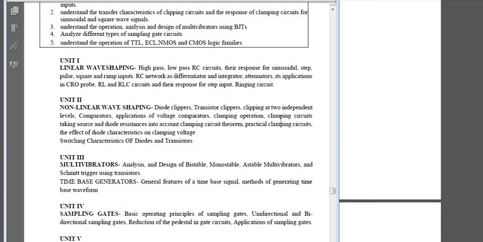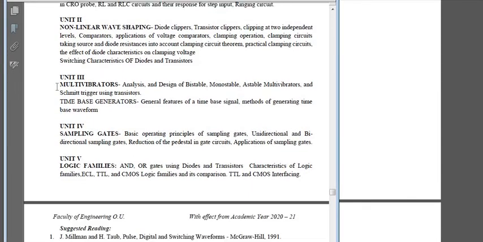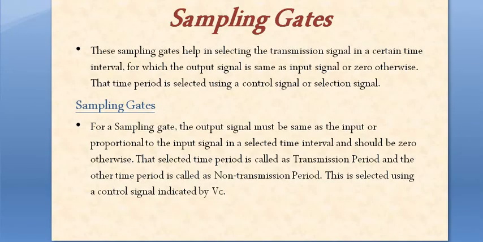Then we have seen the clamping operations and the clamping circuits that use the diode characteristics, and we have also covered the clamping circuit theorem. So now we will be moving to our next chapter. Here we have the third chapter, multivibrators. It's very important. So before moving on to that, I'll first cover the sampling gates. It's a small chapter, a small unit, so very easily we can cover it. So first I'll wind up the 4th and 5th chapters, then I'll start the third unit. Okay, fine. So the unit that I'm going to start here is your sampling gates.